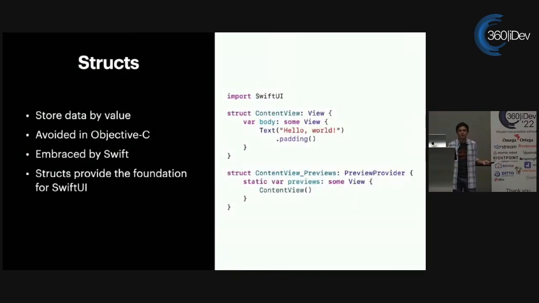Now that we have SwiftUI everywhere, structs are going to become Swift's new hero, if you will. Swift has a new preference for value types over reference types. Swift gets to be my hero with the structs, and that's going to speed Swift up and make it better for all of us. As you can see over here, everything in SwiftUI is going to be struct-based, whether it's your previews or the views themselves. Everything in SwiftUI is no longer focused on your reference types.